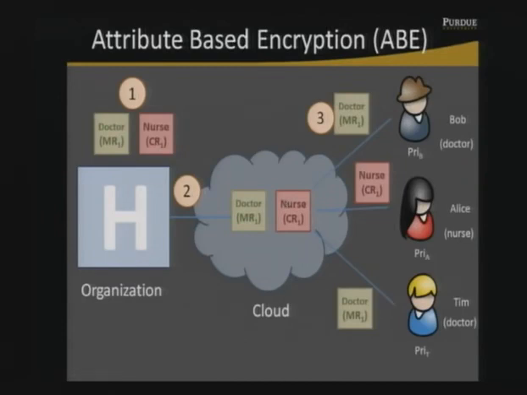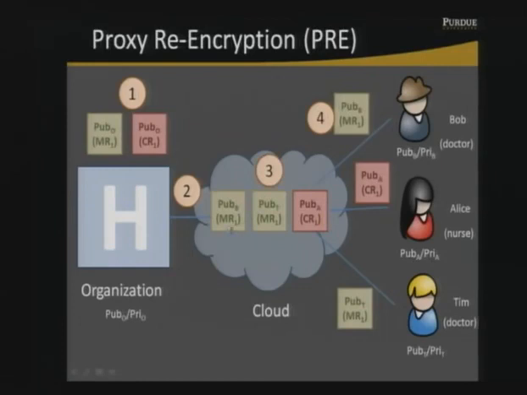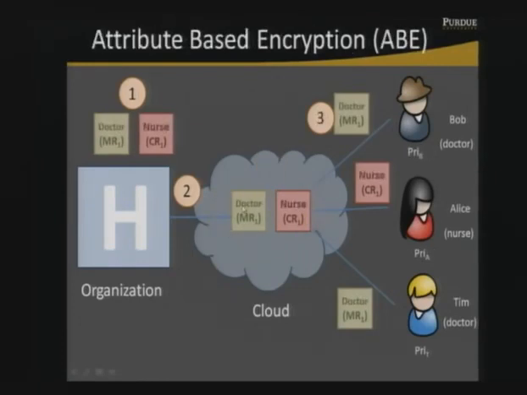And then the users, Bob and Tim, who play the role doctor, can download these encrypted documents, and use their private key, which is derived from their attribute, and consume these documents. So this does have the advantage that there is no duplication, and it does provide very fine-grained access control because it's based on attributes. But this system also has a big problem,